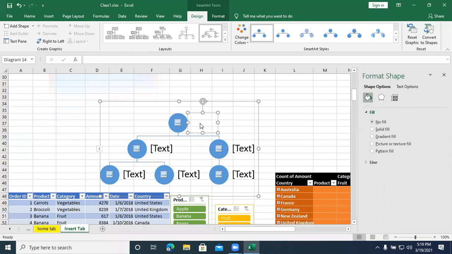I just type as MS Office. Under MS Office, Excel. Under Excel, tables, chart.